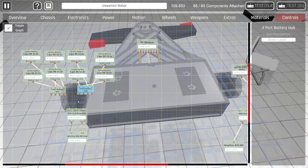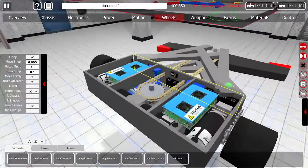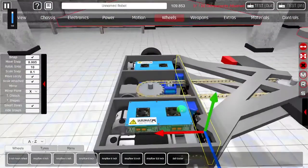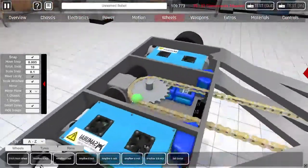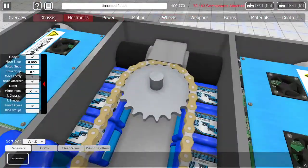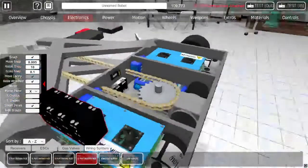I just realized how dumb of a layout I have. I cannot have dual 4-part battery splitters because I cannot funnel them into each other. So let's take one away. Actually, we'll take them both away. We don't not need either of them. So what we're going to do is go to electronics, wiring, splitters, and we're going to grab